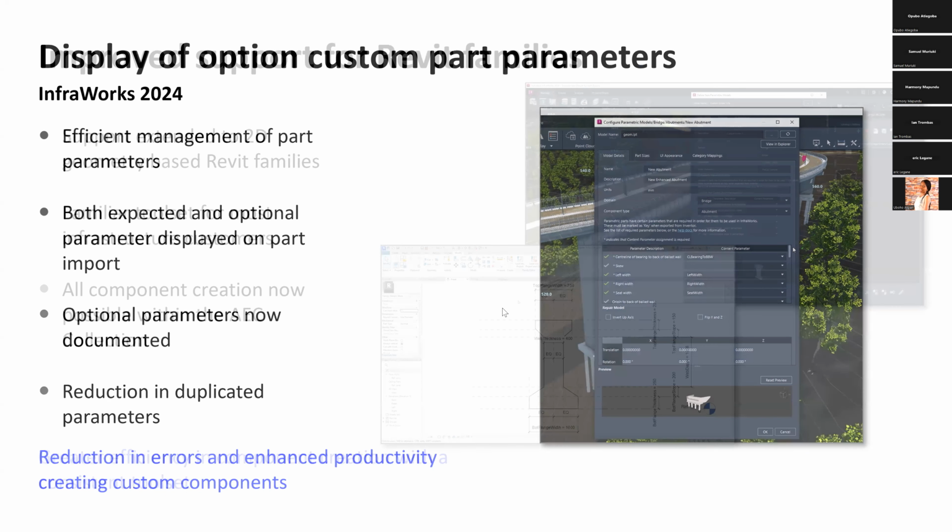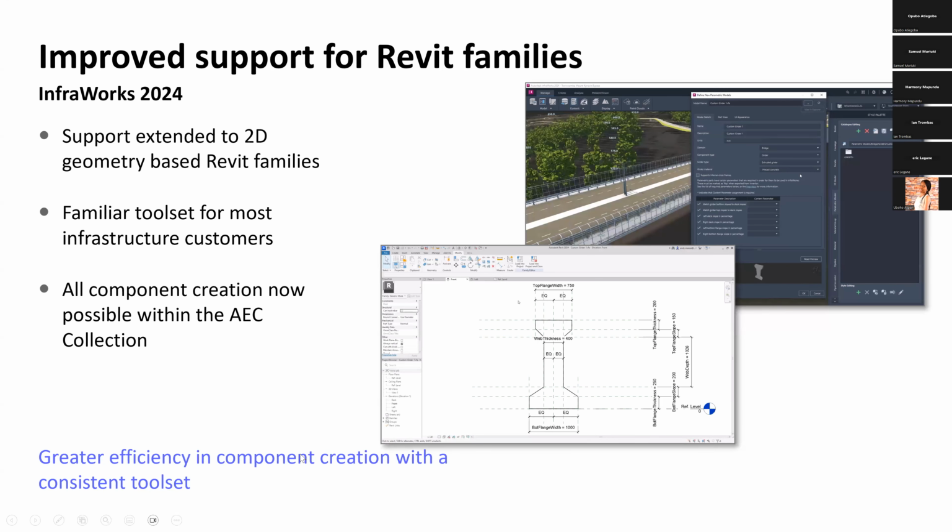And I think this stands out as one of the biggest improvements so far: we are seeing increased productivity and interoperability between InfraWorks and Revit. If you remember, those who started off with the infrastructure in 2017-2018 needed to rely entirely on Inventor to create custom shapes and families. So right now, that's what I'm really focusing on, because it means that you no longer